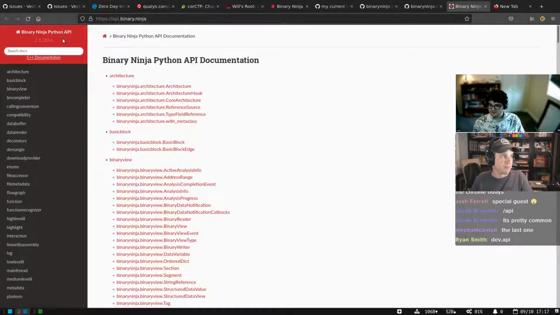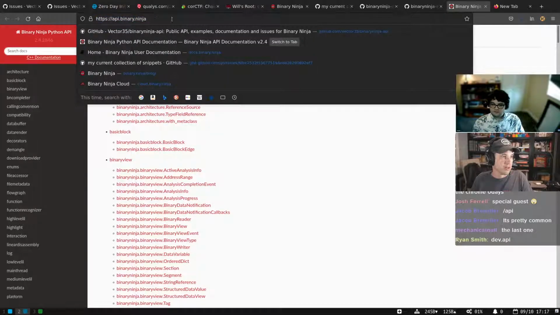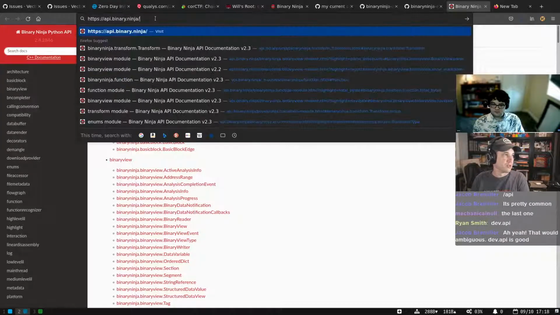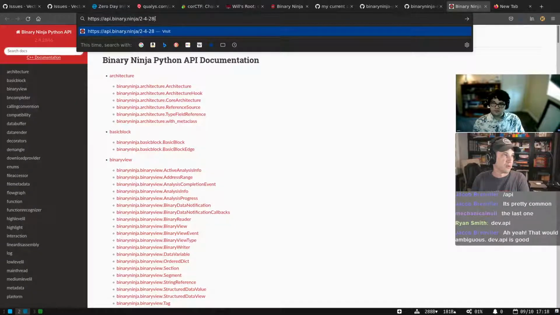But if this was a drop down list, maybe even putting the version here, like slash 2.4.2846 or something like that. I guess dots are probably better. There's no reason that can't be anywhere else. So maybe you get redirected automatically to whatever the latest is. I do like having a backlog of the APIs. The old API docs are easy to keep around.